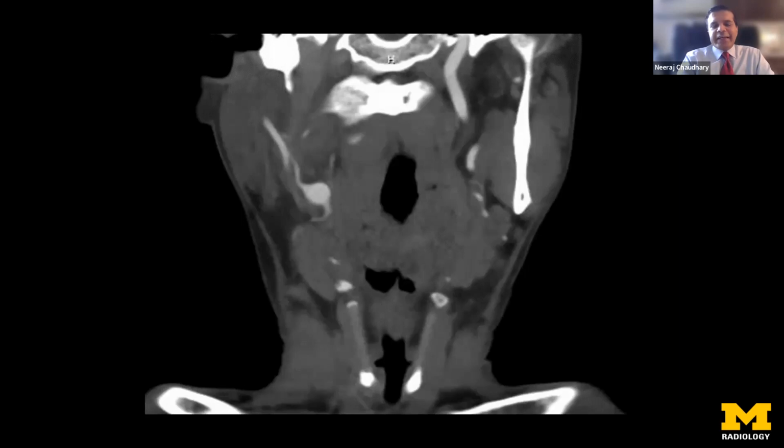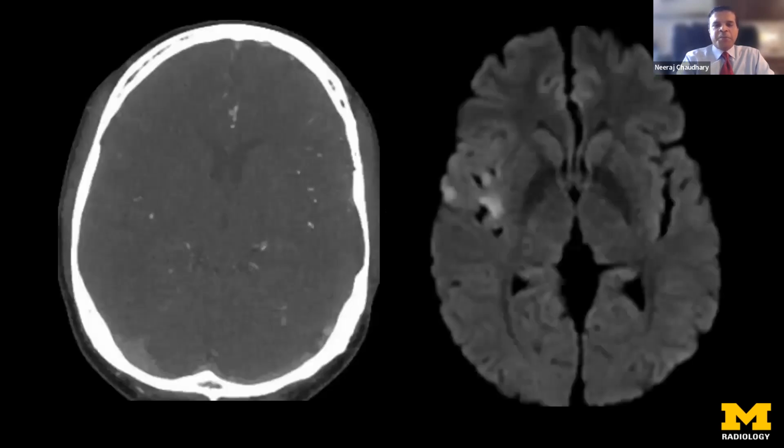The issue is not placing the stent. The technique is relatively straightforward. The problem is what comes with it. You cannot place stents in blood vessels without putting patients on dual antiplatelet therapy. If there is a large burden of ischemia, you are basically putting that tissue at threat of hemorrhage, hemorrhagic transformation of ischemic stroke. And the patient might be worse off by doing that. So we can open up blood vessels with stent-based devices, but it is not clear how we should select these patients better. So the jury's out on this particular type of situation, but I just wanted to share a nuance